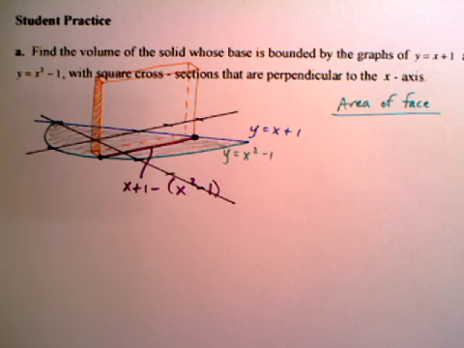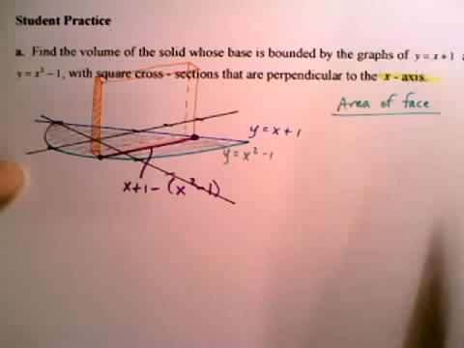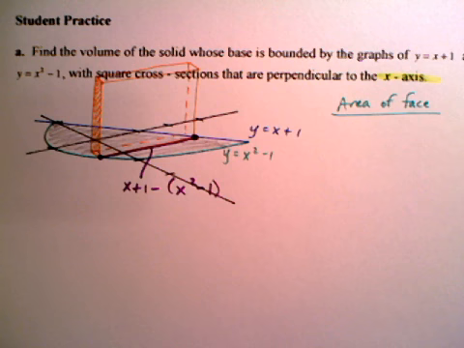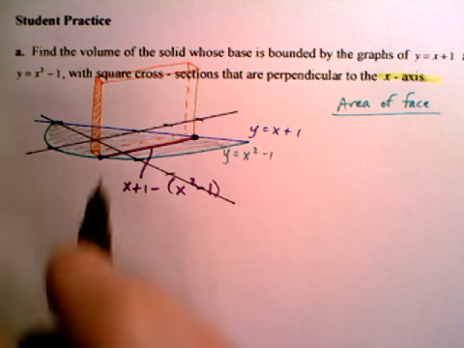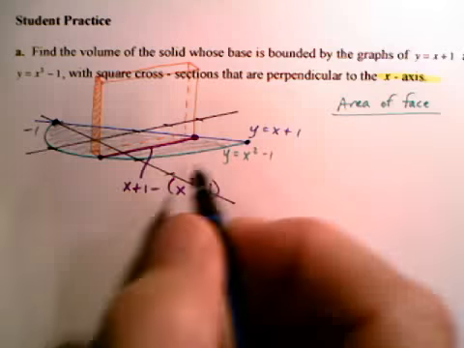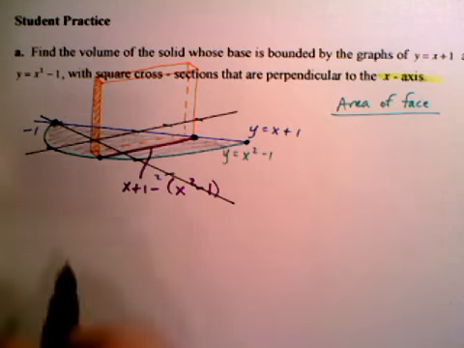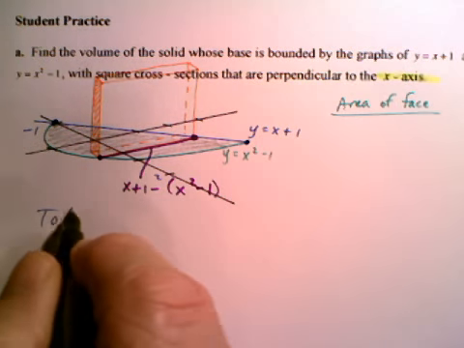We've got square cross sections perpendicular to the x-axis, and that means we're integrating with respect to x. We've already had this base in one of the earlier problems, and so we know that the limits of integration are from -1 all the way to 2. Okay, so we want total volume,